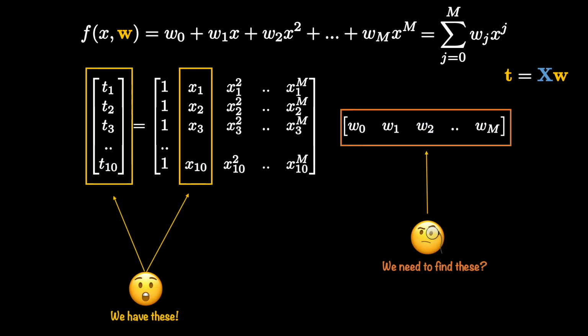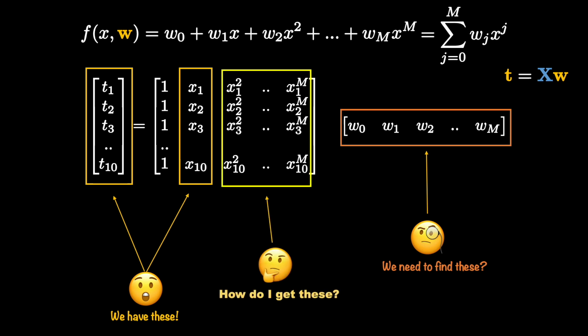Looking at the vectors and matrices, we can easily spot the variables that we have access to from our dataset, that is both independent and target variables, and also the variables that we want to determine, that is the weights. But then how do we get these other independent variables of our design matrix, which are squares and cubes of our independent variable? You would say no big deal here, just construct them, but I want to show you a simple method to do so.